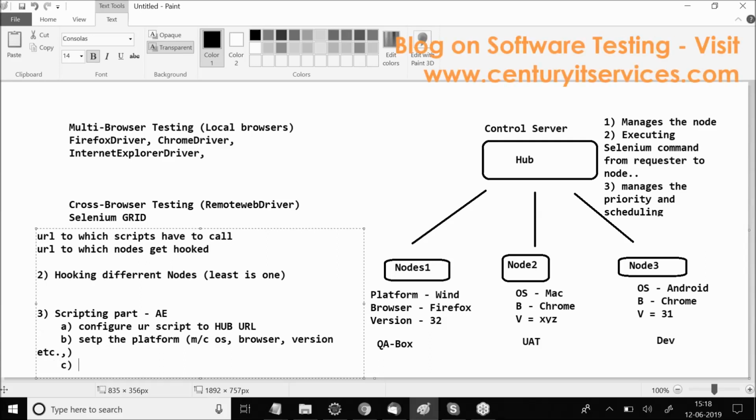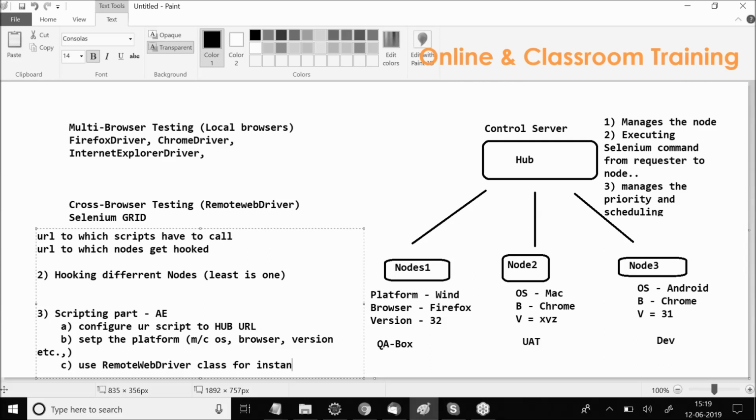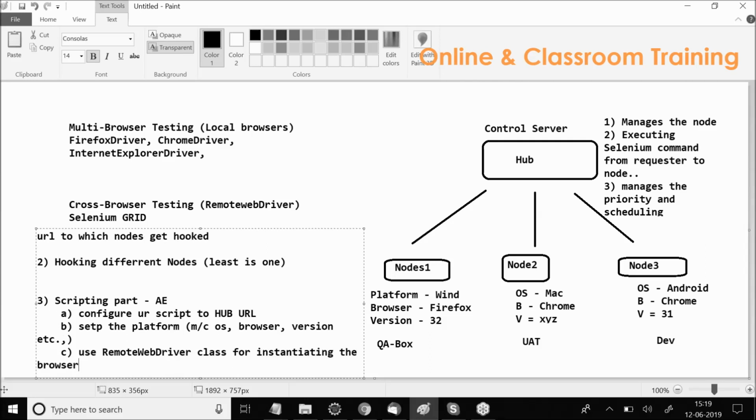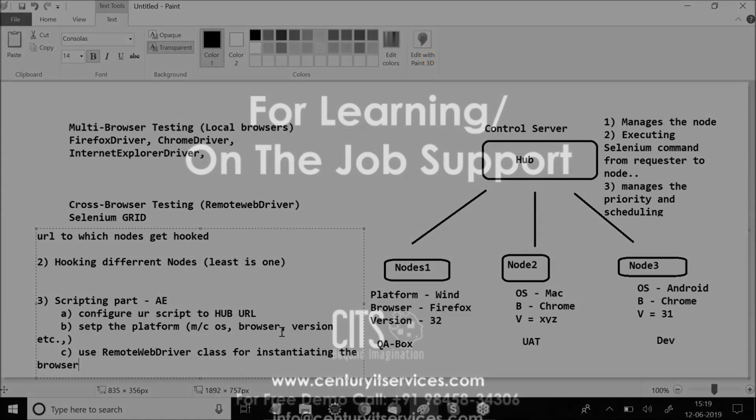Third step is to use RWD, or the RemoteWebDriver class, for instantiating the browser. And then the rest of the code is a continuation of your